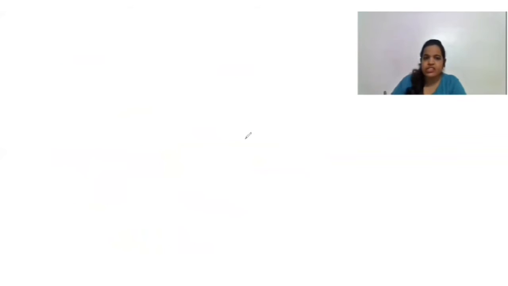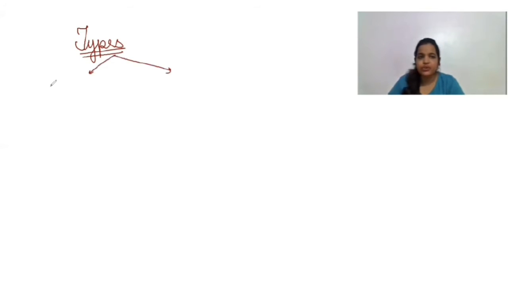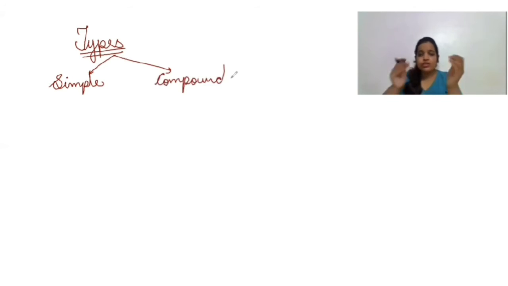Types of leaf. This is again a simple topic which we can easily see in our surroundings and refer to, understand them. Clear? So coming to the types of leaf, basically two types of leaves are there. How many types of leaves are there? Two types. One is simple. Their names are also very simple. And another one is compound. See how simple the names of the types are. So one is simple leaves and another one is compound leaves.